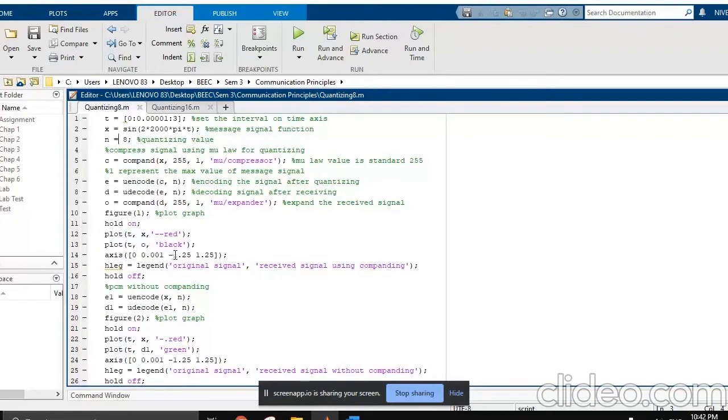0.001, negative 1.25 and 1.25. HLEG equals legend, original signal, received signal using companding. Hold off. For PCM without companding, E1 equals U encode Xn, D1 equals U decode E1n. For plot graph 2,